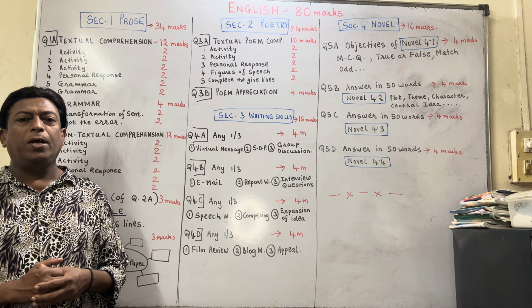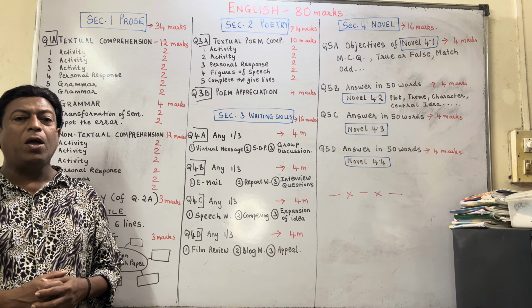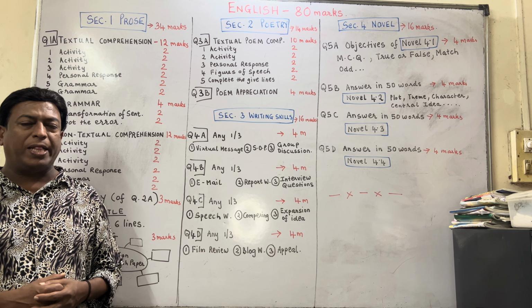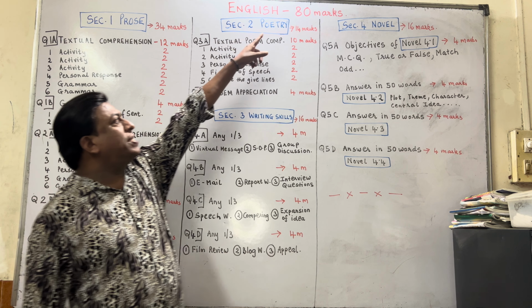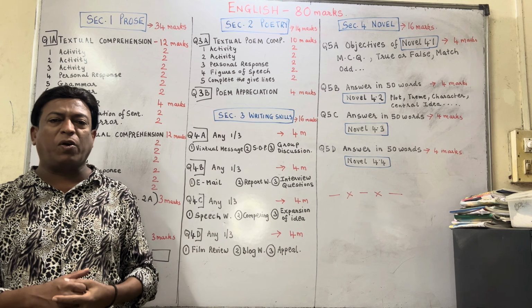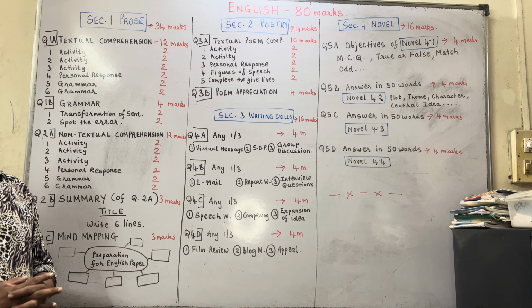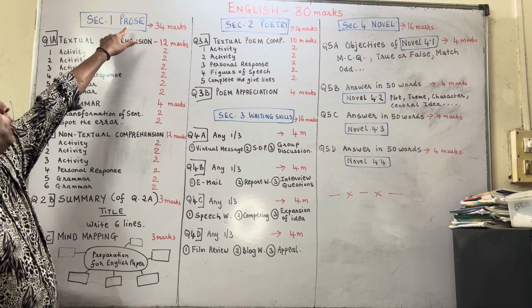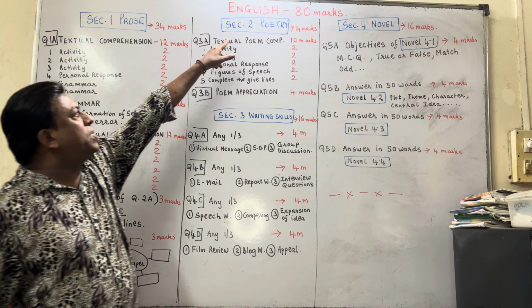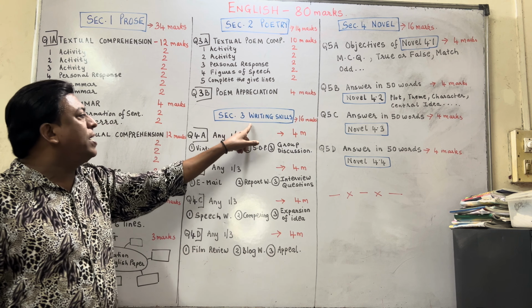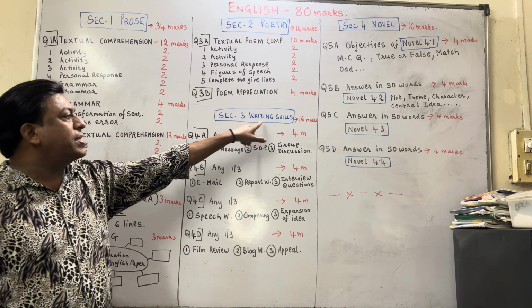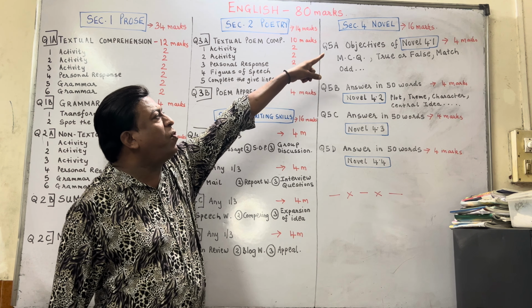Hello students, today I am going to do a quick revision of English for Standard 12. Your English paper carries 80 marks and 20 marks of internals. Your full paper is divided into 4 parts. Section 1 prose 34 marks, Section 2 poetry 14 marks, Section 3 writing skills 16 marks and Section 4 novel